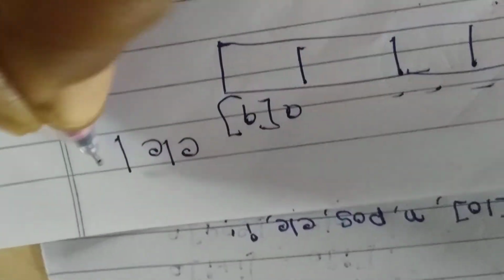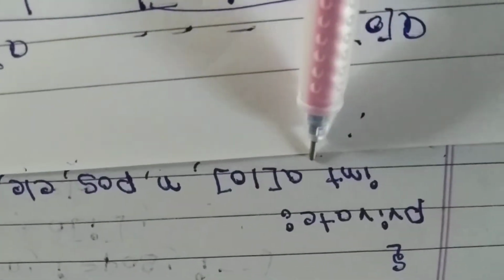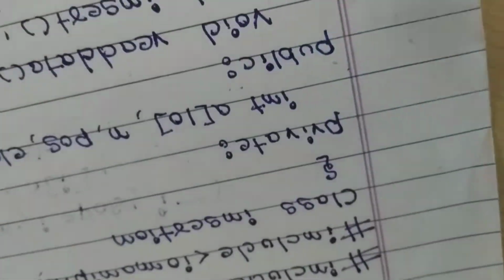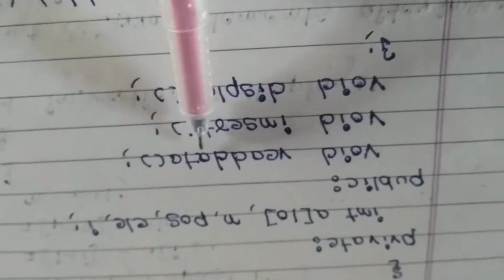Position is of 2 bytes. Next what is there? ELE. ELE is a memory location which is of 2 bytes. Next what is there? I is there. So this is what happens. In this step we call it variable declaration. Here memory will be reserved. After that we wrote 3 functions.